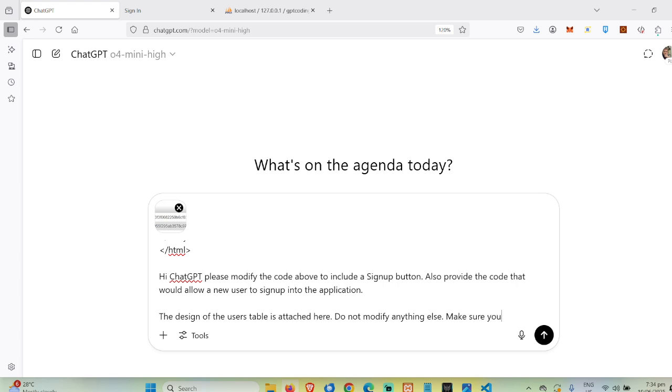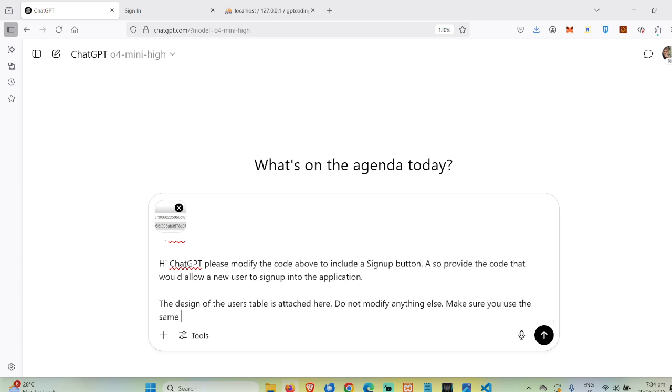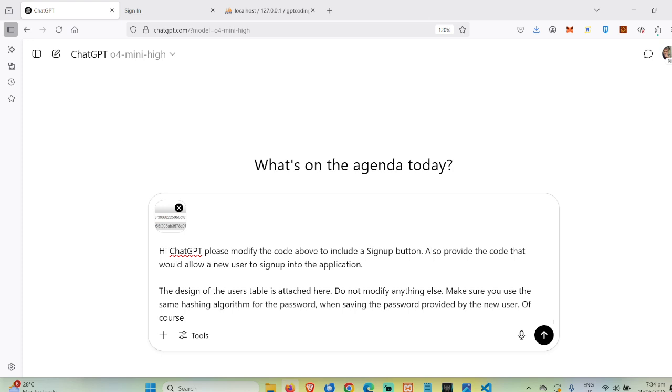Make sure you use the same hashing algorithm for the password when saving the password provided by the new user. Of course, this should be able to produce